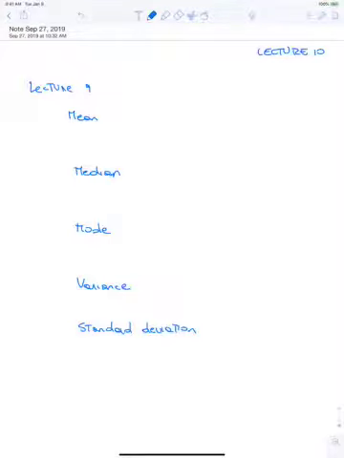In lecture 9, we studied the main statistical estimators that we use in probability and statistics. We studied the mean, the median, the mode, and the variance and the standard deviation. So the mean